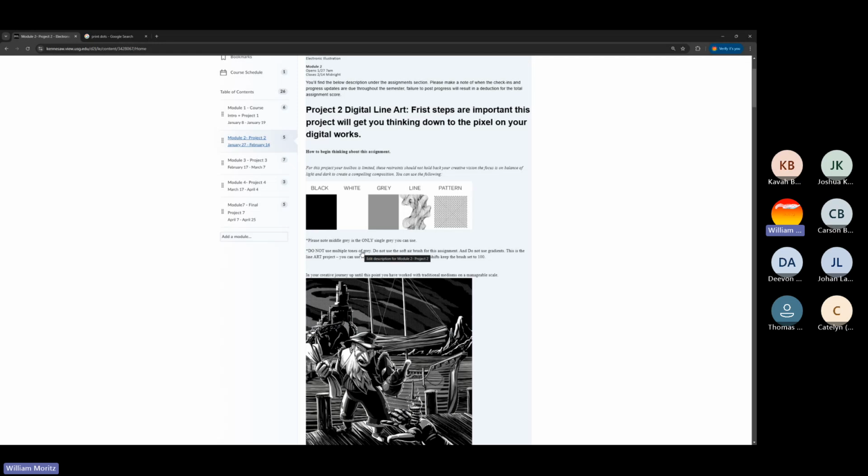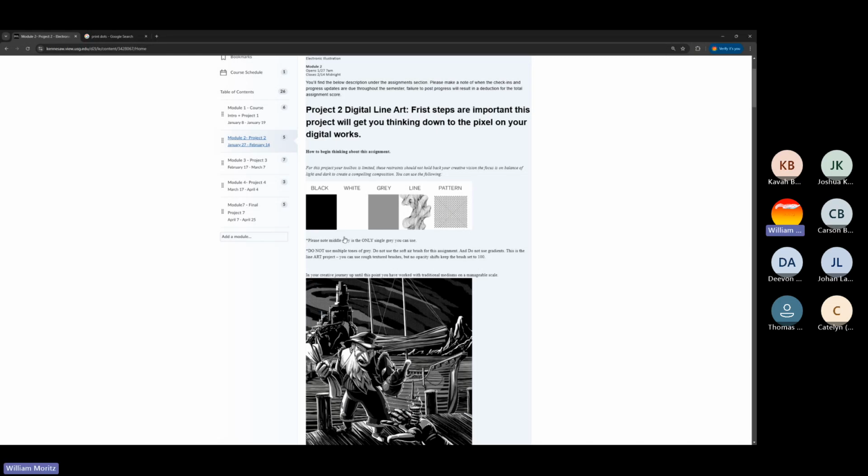But on this project, we're taking all that stuff away from you and just giving you a couple of materials to work with, to hopefully get you focusing on the line art, the overall composition, the contrast, the relationship of black and white, the compositional flow, and how you're moving the viewer's eye through the scene. And to accomplish that, you are allowed to use these